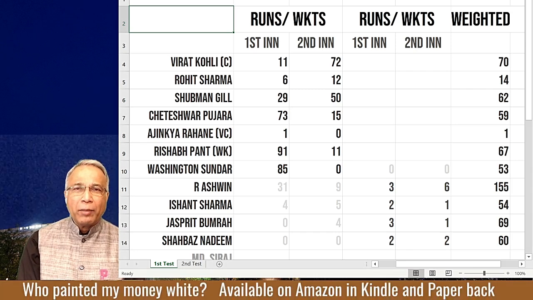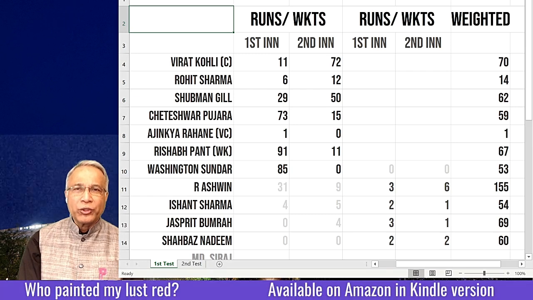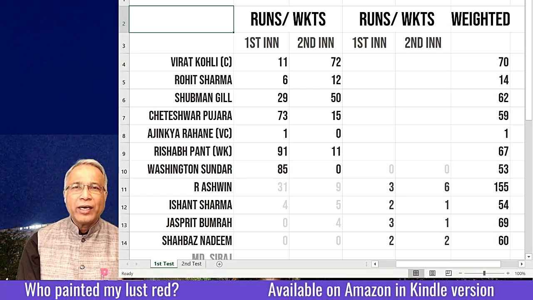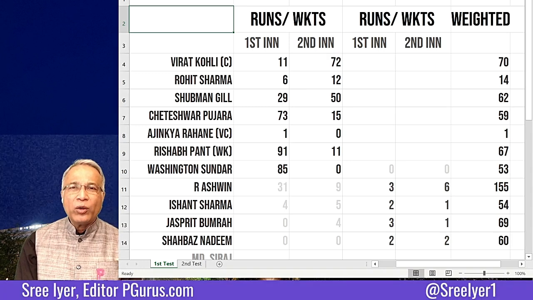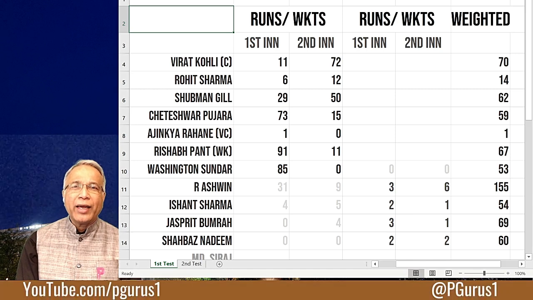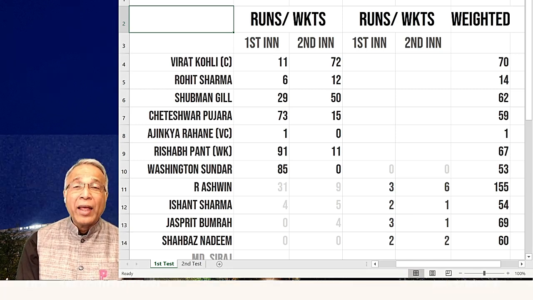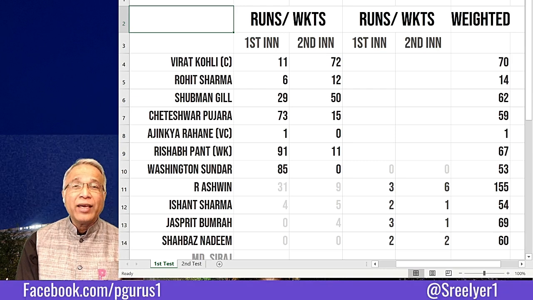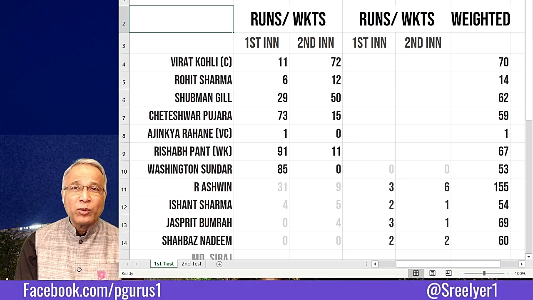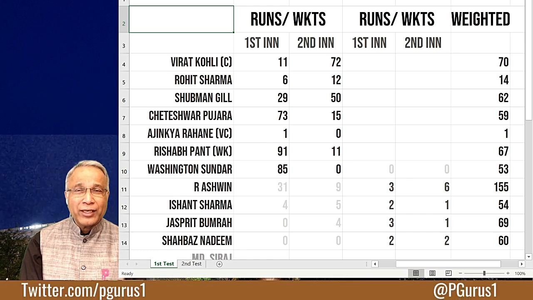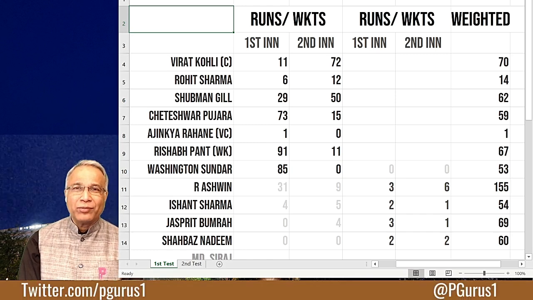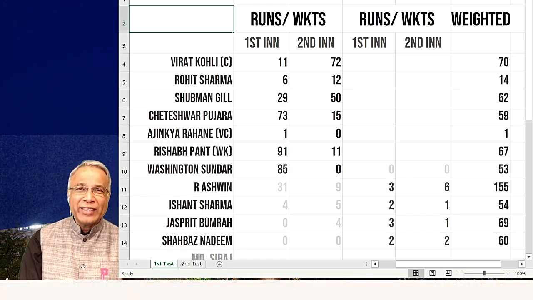As far as my favorite shot of Ashwin was concerned, it was the one where he hit Moeen Ali for a 6 to go from 91 to 97. And as for his favorite wicket, I like the way he got rid of Dan Lawrence in the second innings. The ball went between his legs. You can see how off balance the batsman was trying to play that shot. I don't think Lawrence would want to see that.